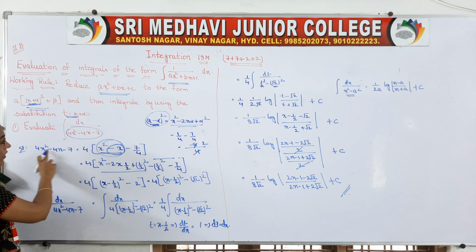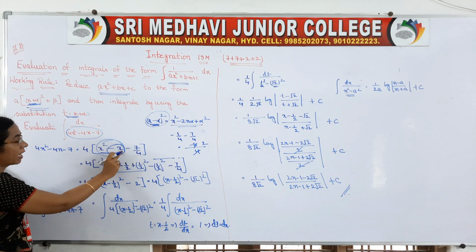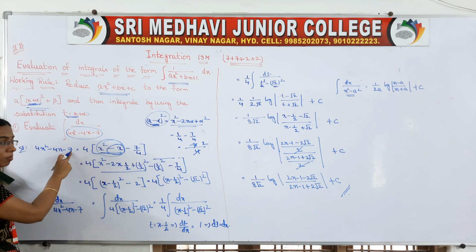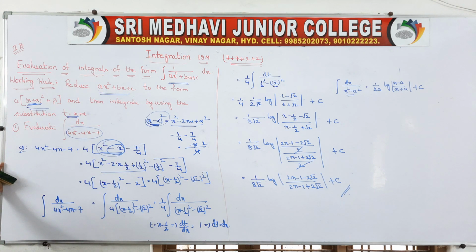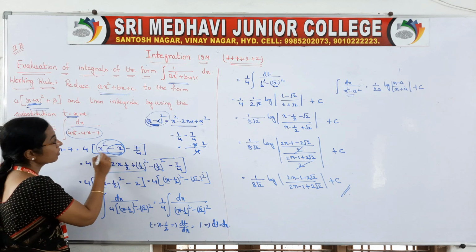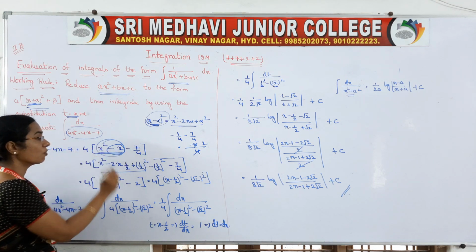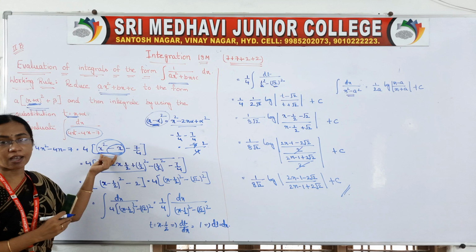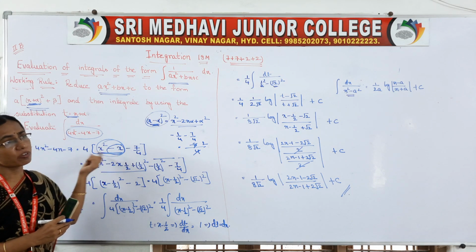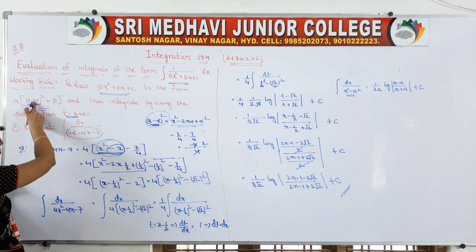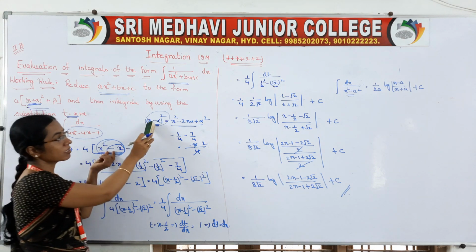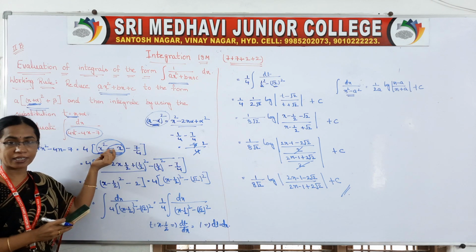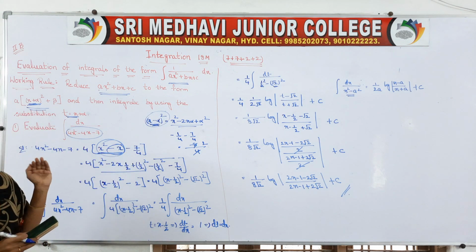If we take it outside, what happens? x square will be there. Here, if we have taken 4 common, only x will be there. Here there is no 4, but we have taken it common, that's why we have to divide by 4. Once that is over, with these first two values we have to get the x minus alpha whole square form. You can ask, madam, in the working rule you have given plus, where alpha can be negative. Why I have taken x minus alpha: because the middle sign is minus, you have to take x minus alpha whole square.